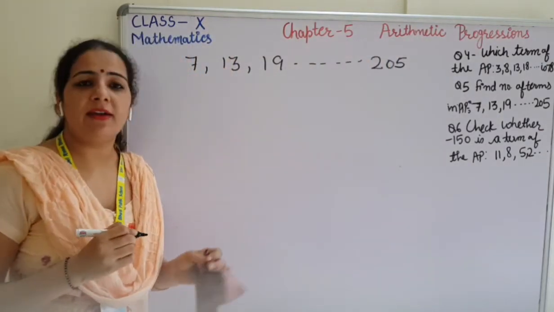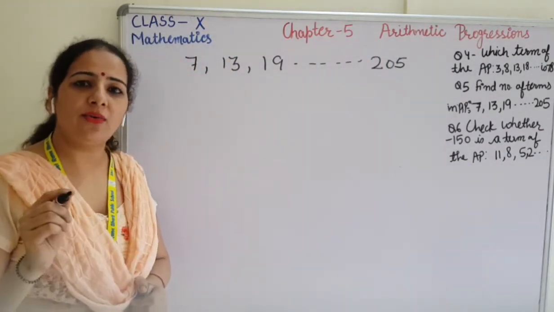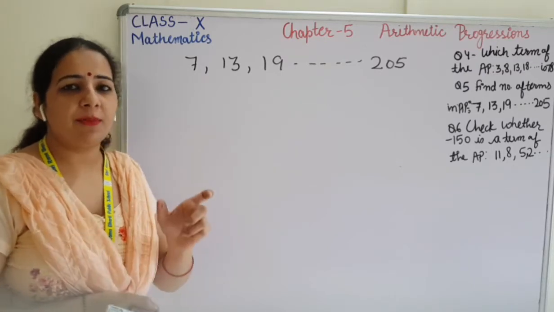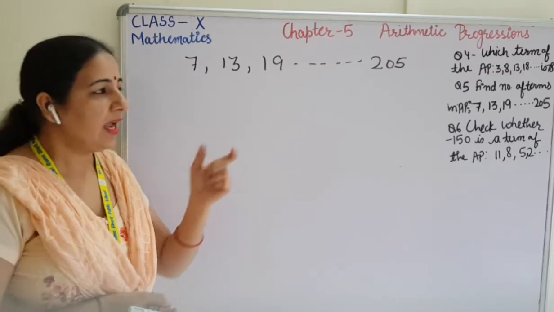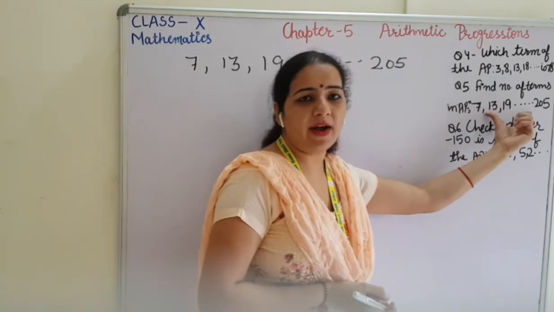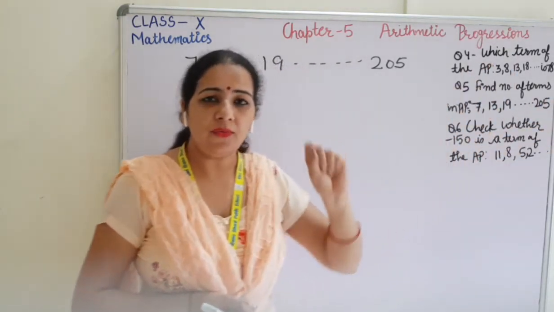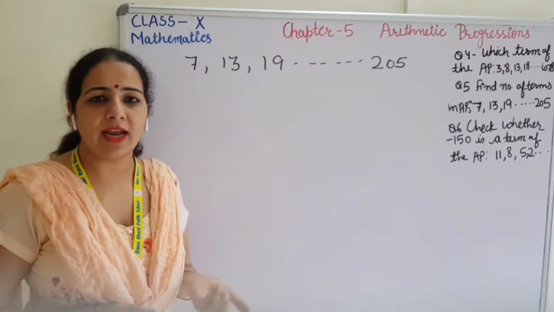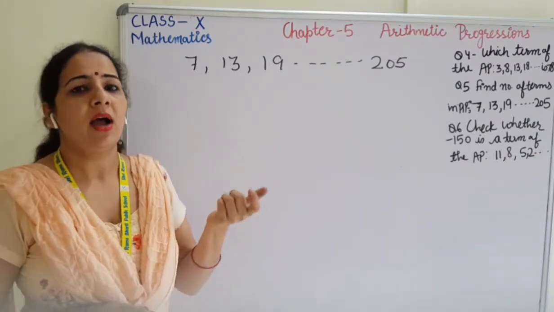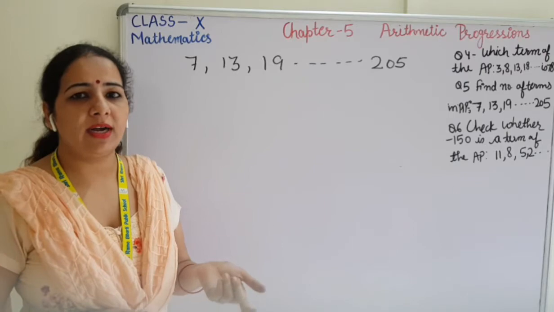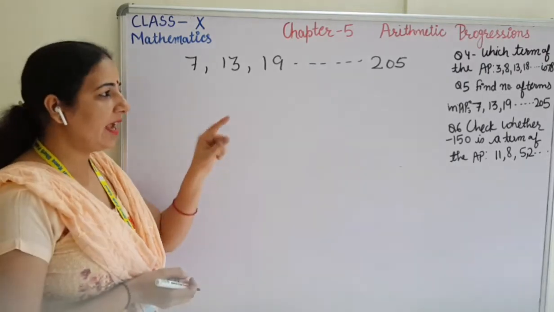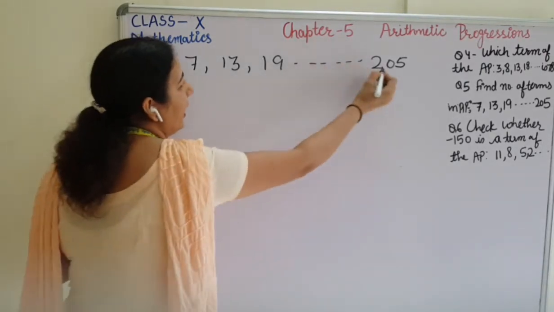See students, whenever the question is to find the value of n, it means they will always provide you a part of the AP. It will not turn to infinity, because if it did, no one could calculate the value of n, and no one could calculate the last term either. So they have just ended the AP at 2.